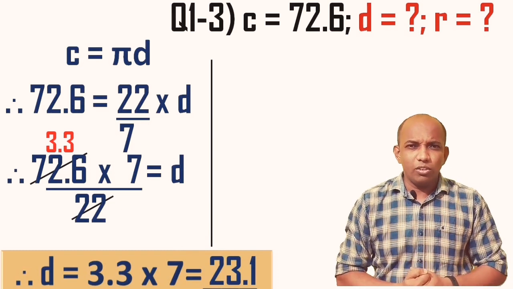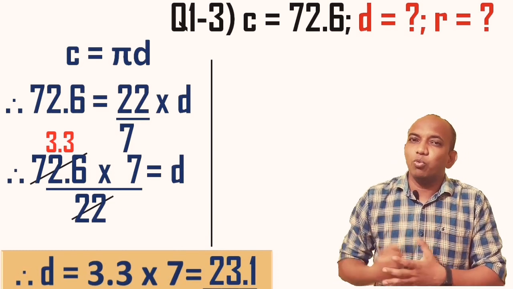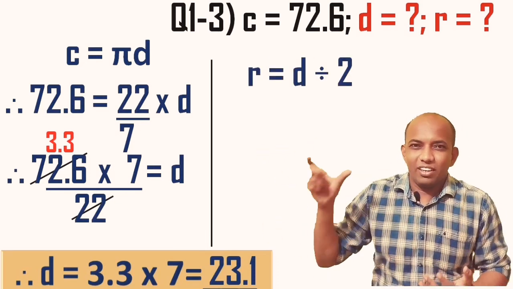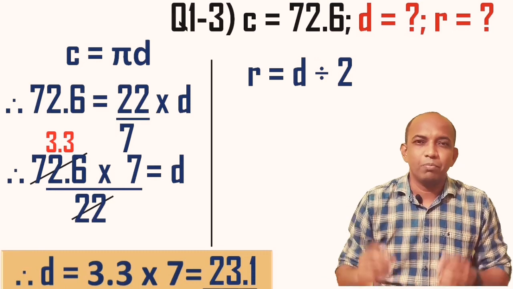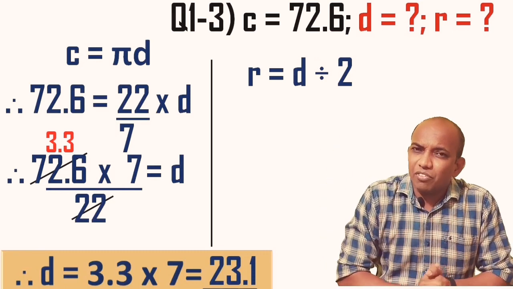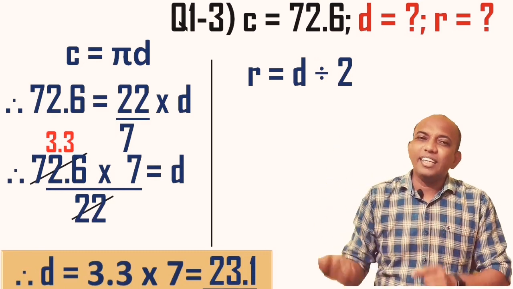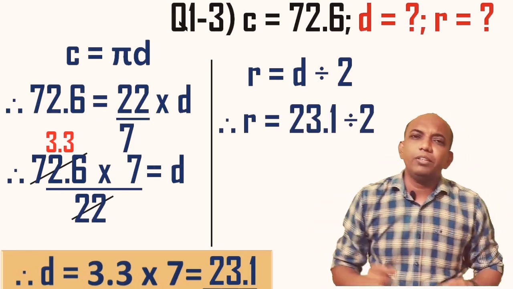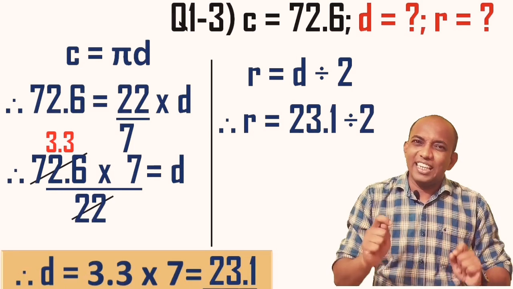Once the diameter is found, the basic formula to find the radius is what? Of course, diameter divided by 2, d divided by 2, right? Mention the formula the way you are looking on the screen. After that, divide that 23.1 by 2. Here's the one tricky part of it. 23.1 is nothing but